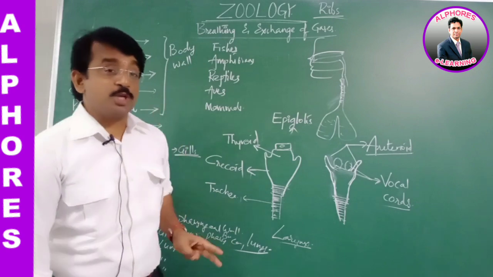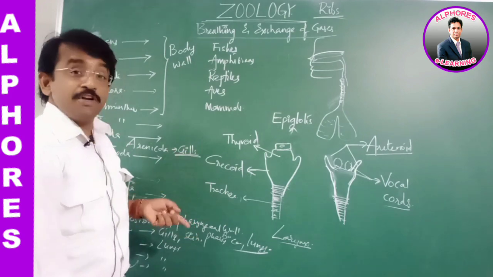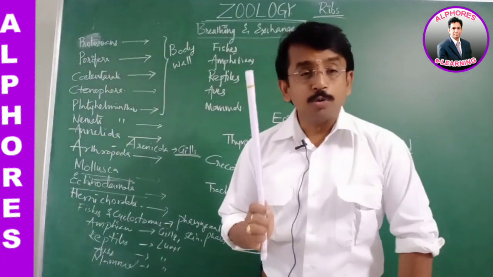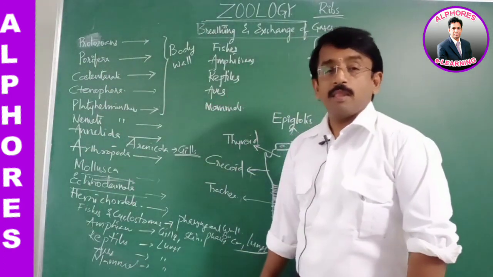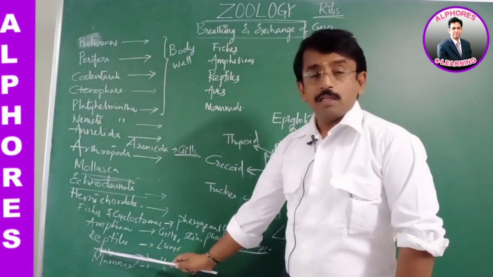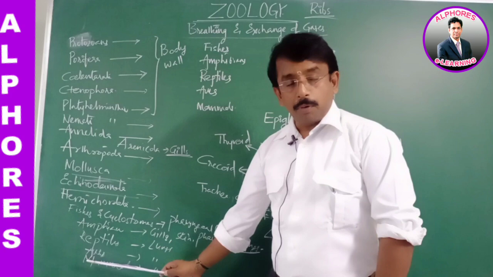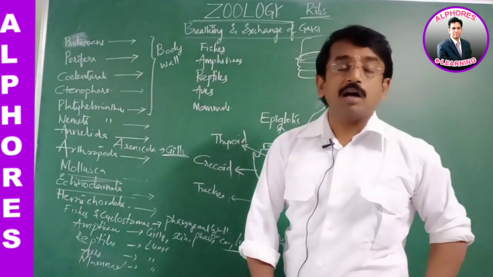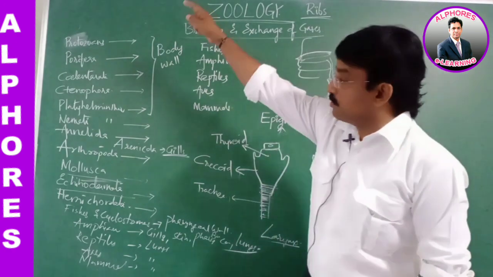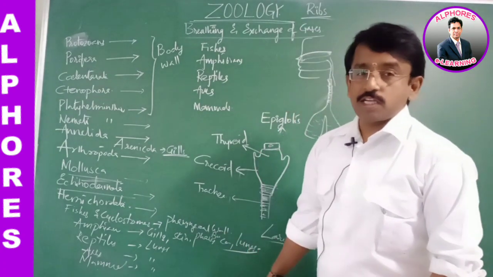The unique features we see in the case of the insects with the trachea, and in fishes the counter-current mechanism. In the same way in the case of the aves, due to the presence of air sacs and parabronchi, the parabronchi help in a continuous exchange of gases even during the expiration. So this is what we see, the different types of animals with the exchange of gases and the list